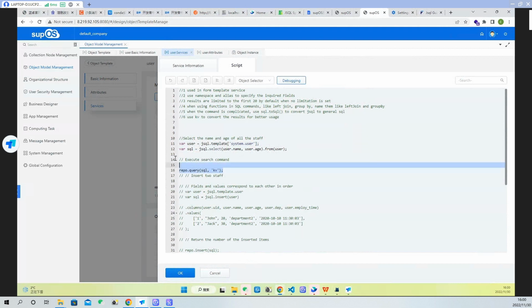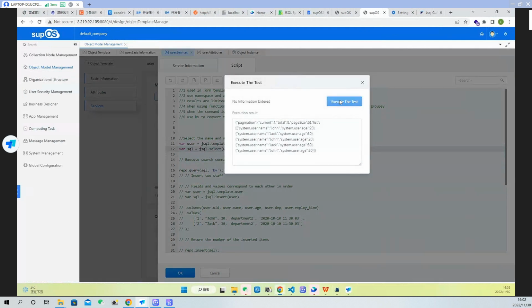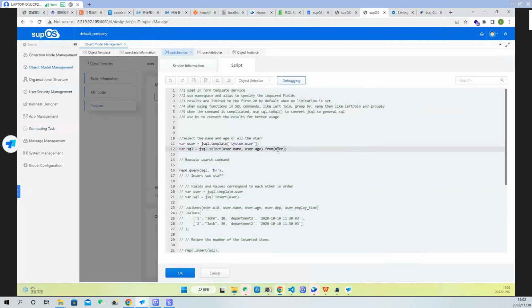Okay, then. The third feature is that results are limited to the first 20 by default when no limitation is set. Also, we're going to use this. You can see here, this inquiry does not have any limitations, right? And we click debug. You can see the page size is 20, but I only have 8 results, so it really can't say anything. And then if we set a limitation here,